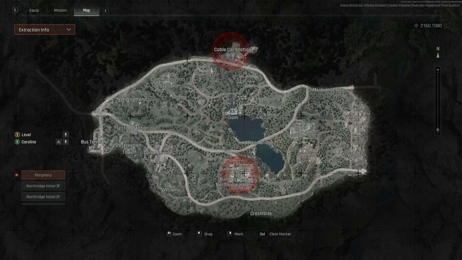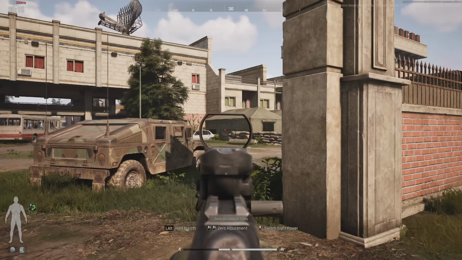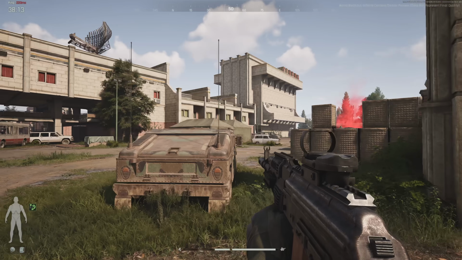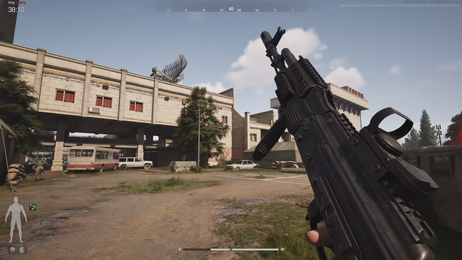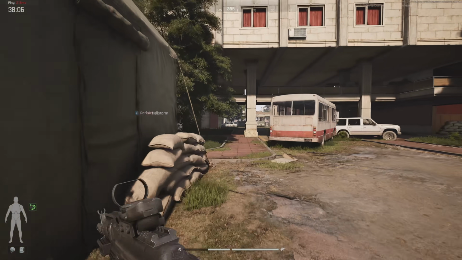But on Northridge, there's a massive hotel complex that pretty much everyone gravitates to. Maybe it's just because it's new and cool and kind of the hot zone, and I can see why people would enjoy it if you want some faster paced combat. I want to talk about some of the cool stuff that happened here in just a second, but there's